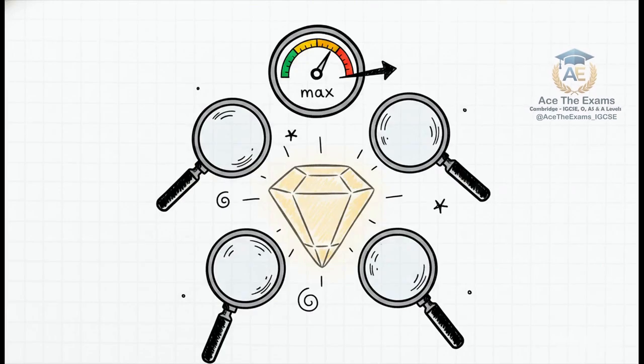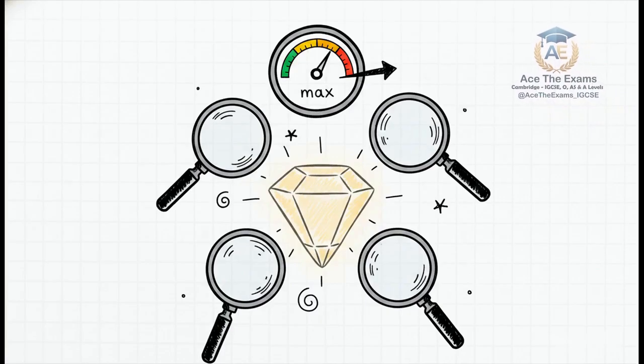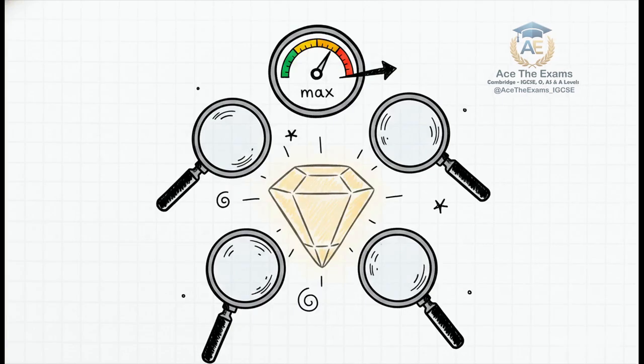Now, to hit the absolute highest analytical level on the Cambridge rubric, your evaluation of evidence quality needs to go even deeper. You must explicitly identify limitations in the text's argument. You need to pinpoint assumptions made by the author, offer alternative interpretations of the vocabulary in question, and articulate exactly how these factors affect the final conclusions.